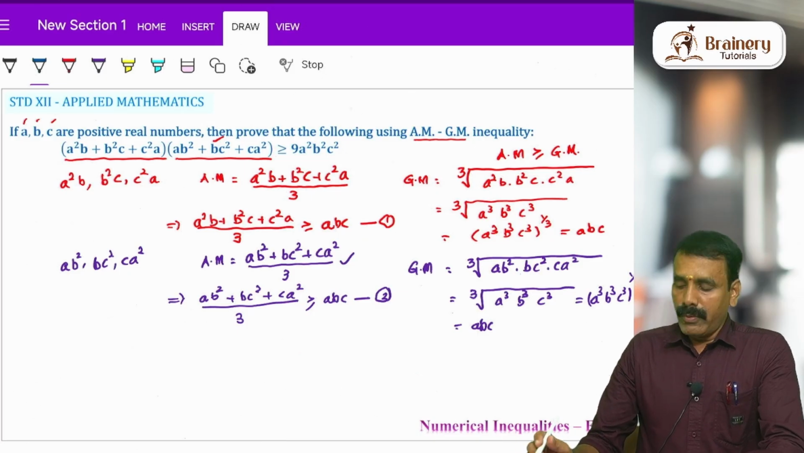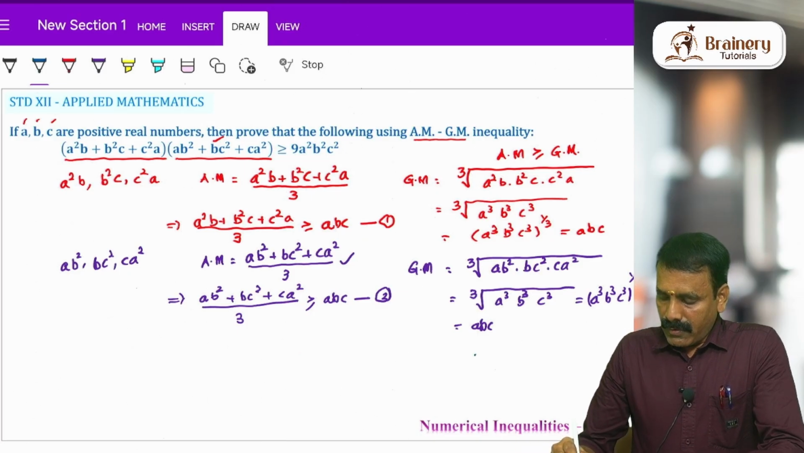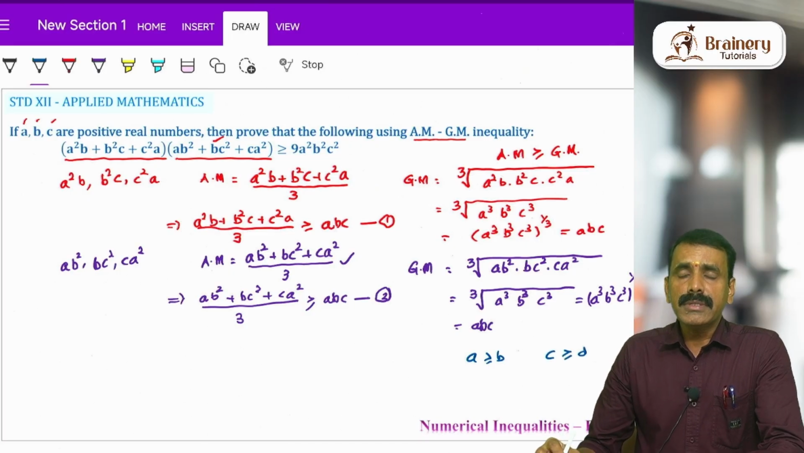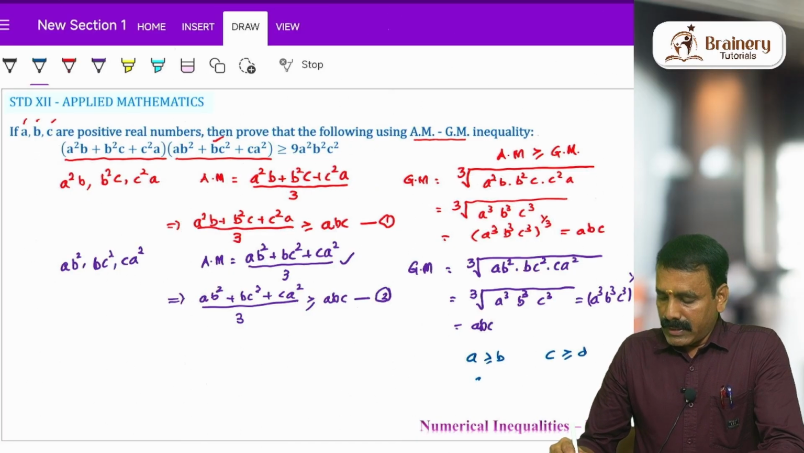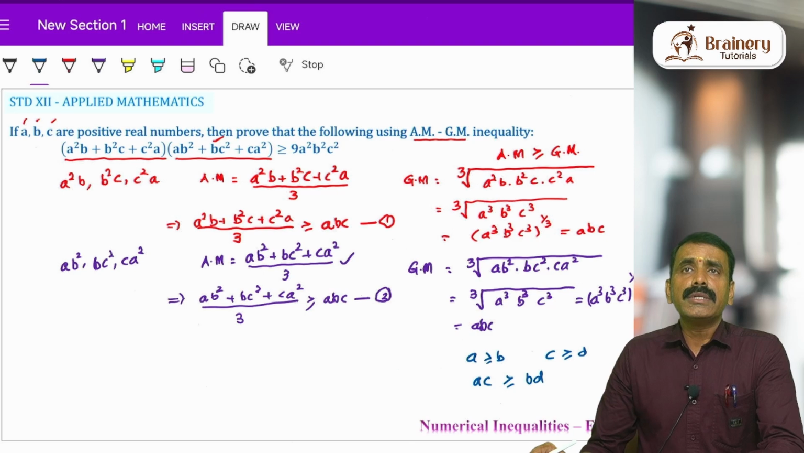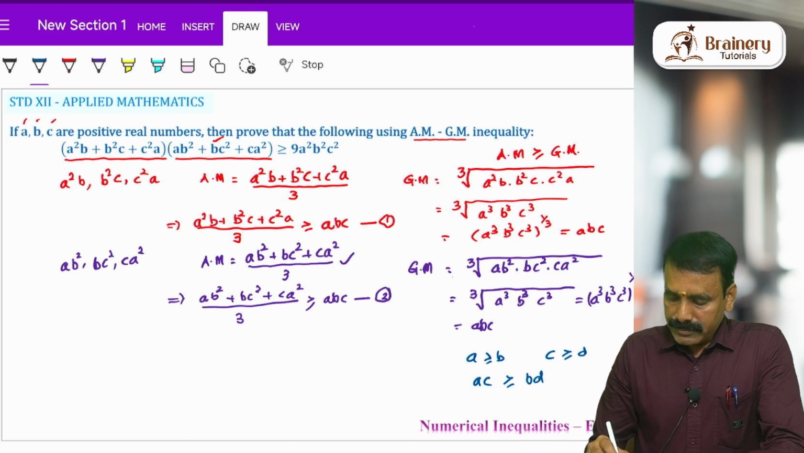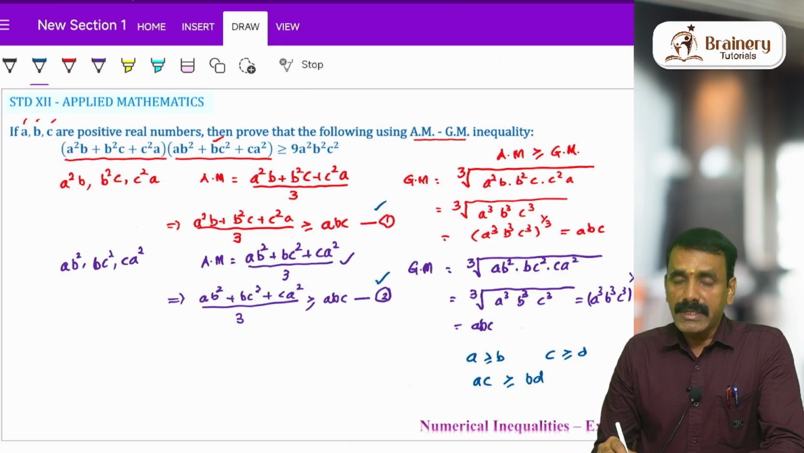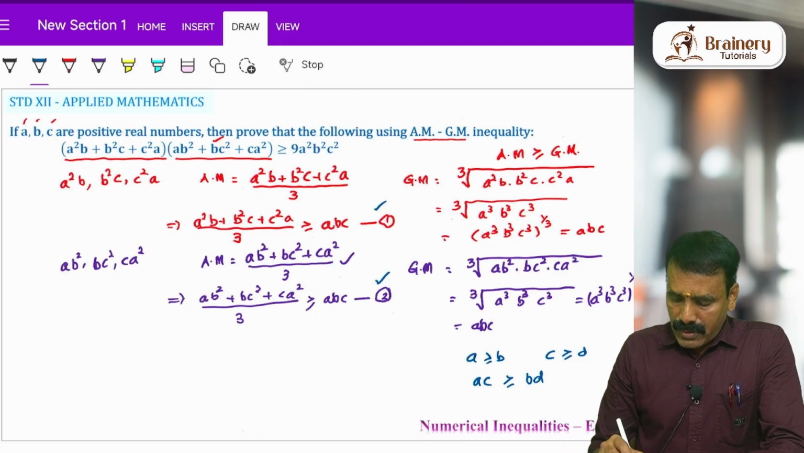And we know very well, if A is greater than or equal to B and C is greater than or equal to D and all are positive numbers, left hand side we can multiply, AC should be greater than or equal to BD. So we apply the same property here. Using this property, what will happen? I multiply this first and second. Left hand side multiplied with left hand side, right hand side multiplied with right hand side. So we get the expression